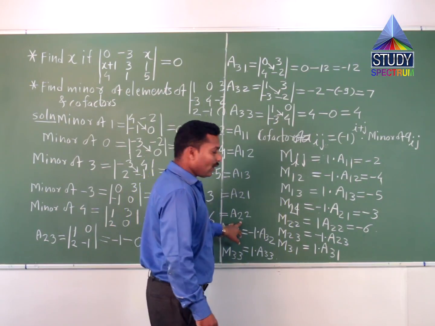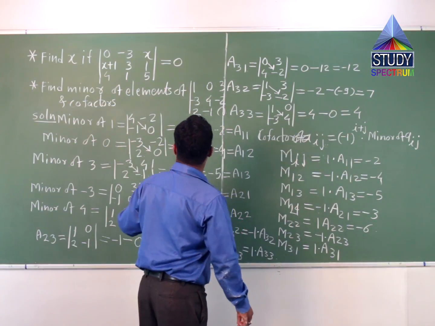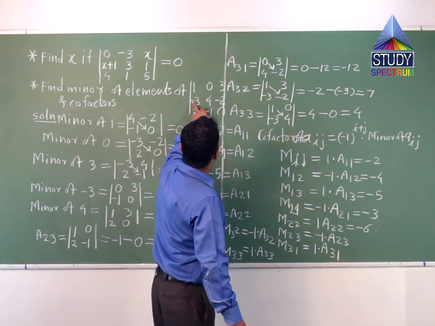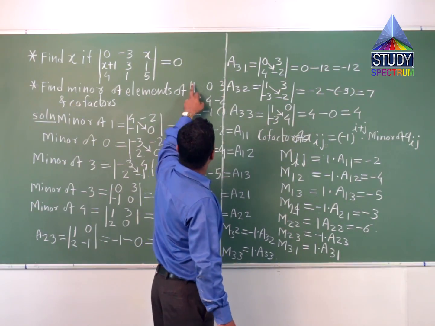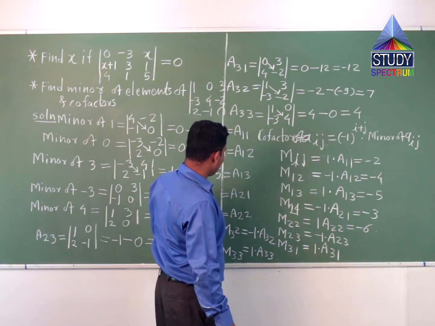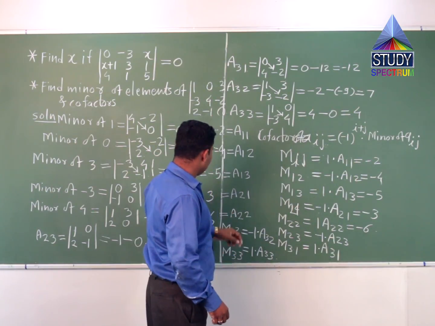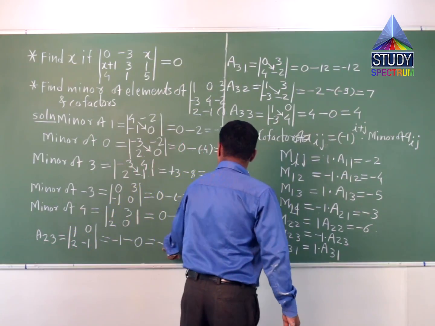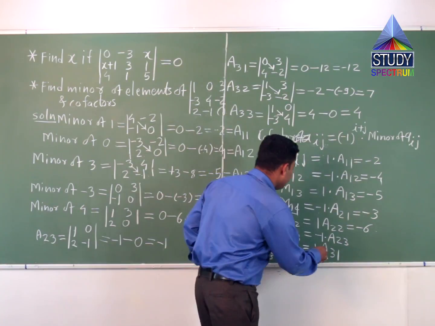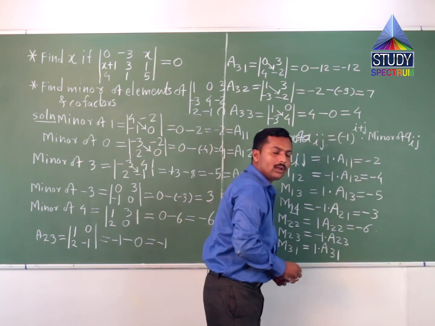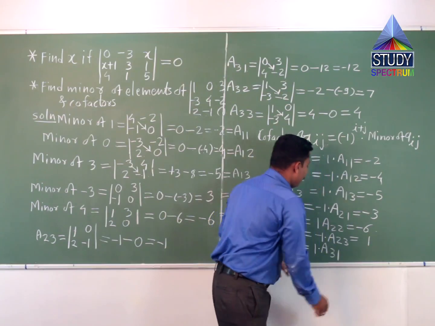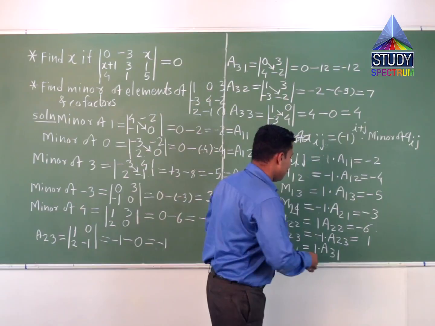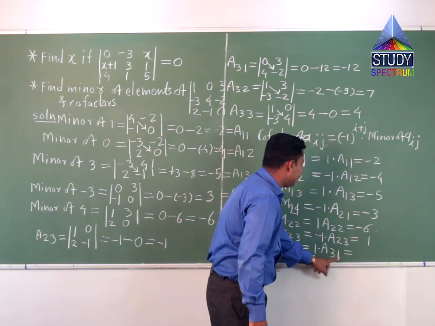a23 means second row, third number. What? Minus 2. So the minor of minus 2, what? Delete the row and column. So 1 into minus 1 is minus 1. Only minus 1. So here is a23. a23 is minus 1. Minus 1 into this minus 1 plus 1. So here, due to the minus sign, this minus 1 becomes plus 1, equal to this a31.